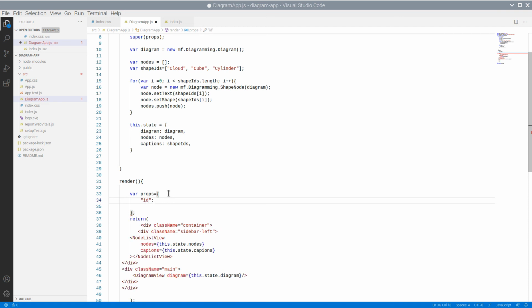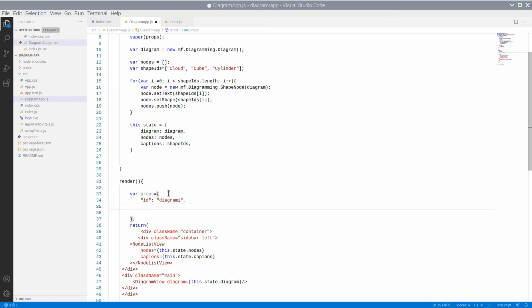We create a new list with diagram properties. First, we give our diagram an ID, diagram1. We also specify a backbrush for it so we can actually distinguish it on the page.